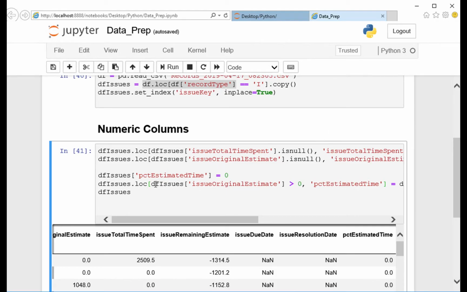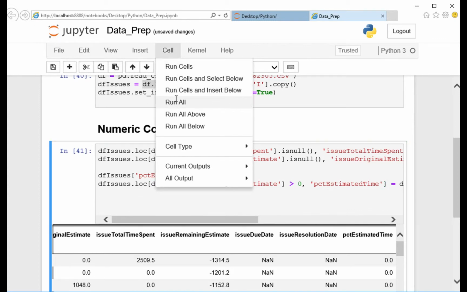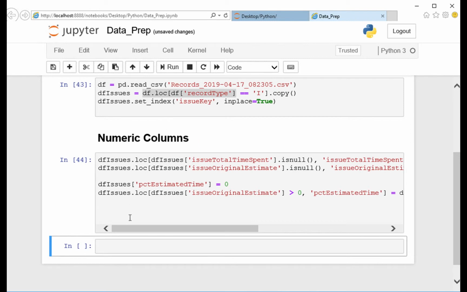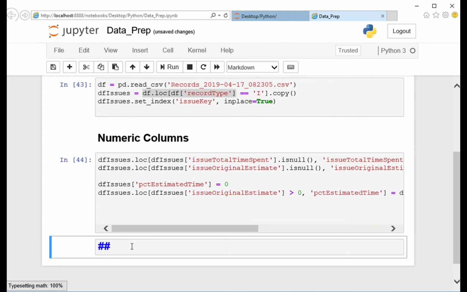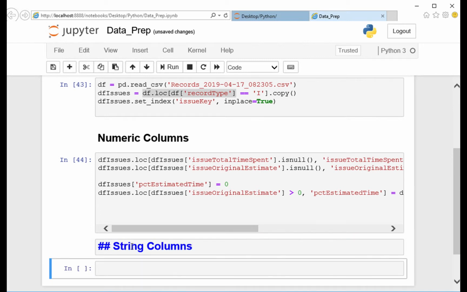First, I'll start a new section to deal with this. Let me just clear that old result set out. And in markup, I'll call this string columns. Now I need to turn these strings into numbers, and that basically depends on whether they represent something continuous or